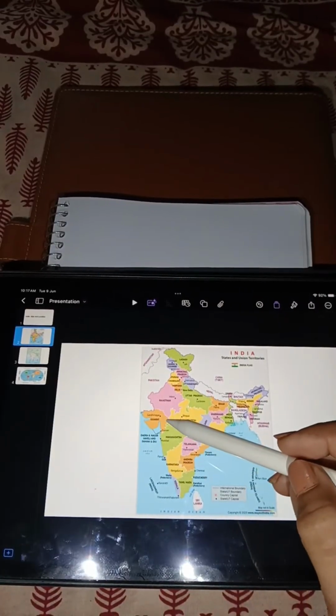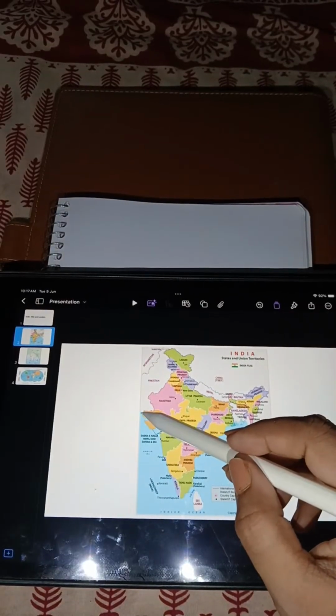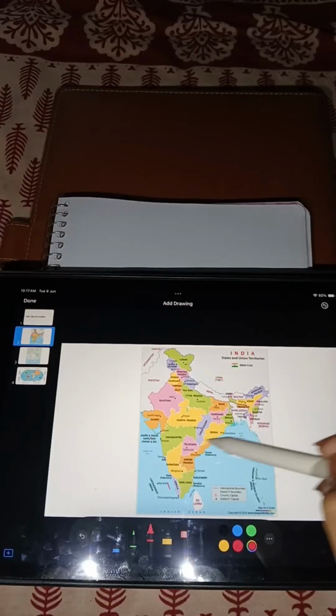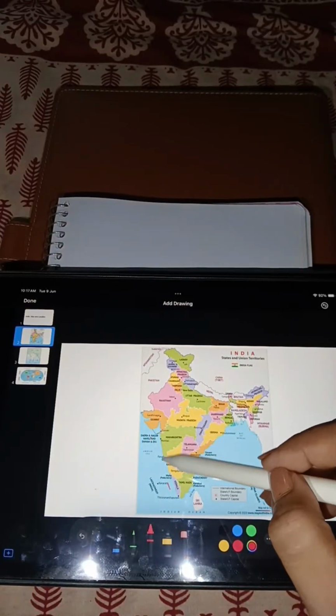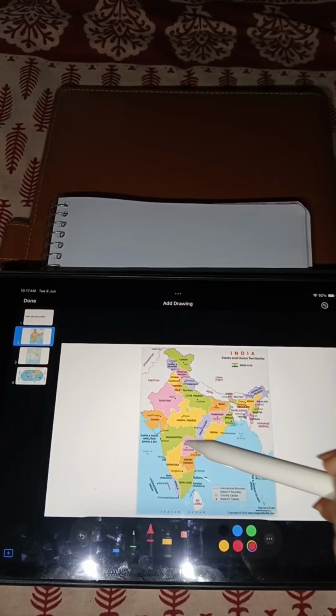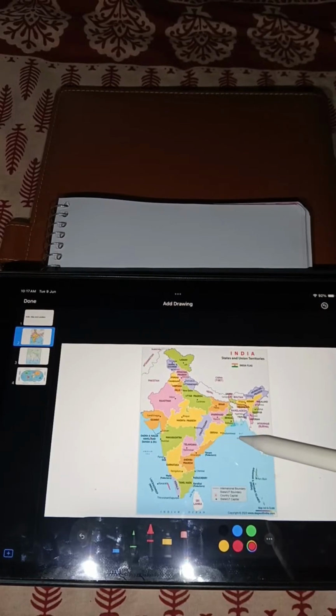From here we can get an idea that so much is covered with sea or ocean waters. As it has so much covered with sea, this landform, India, has a very long coastline. Apart from that,